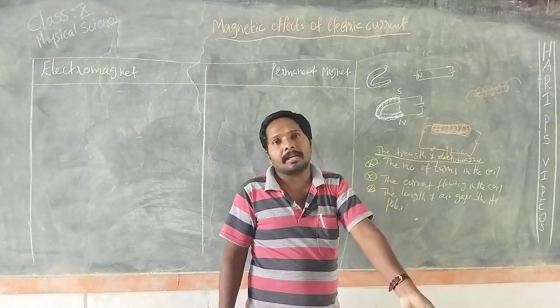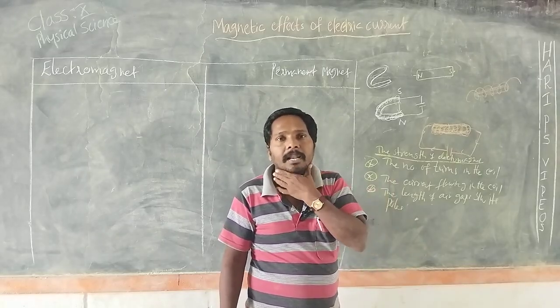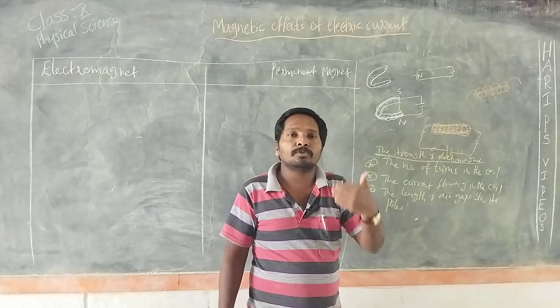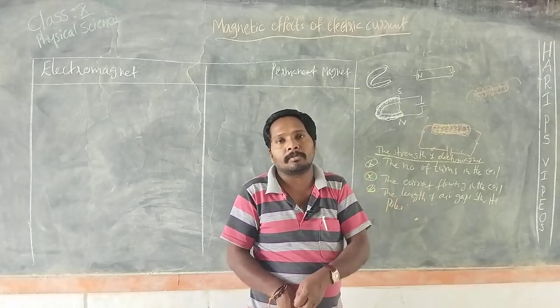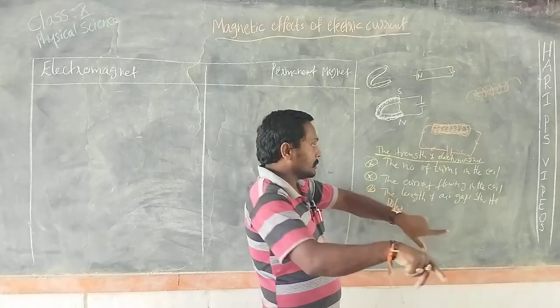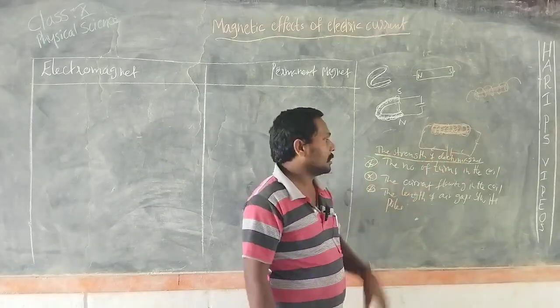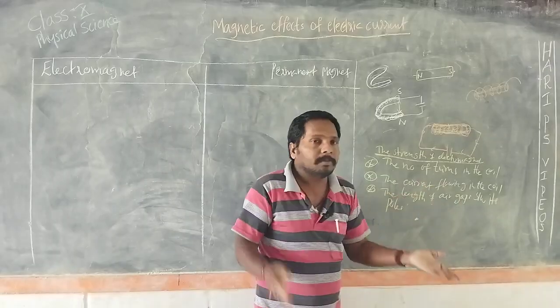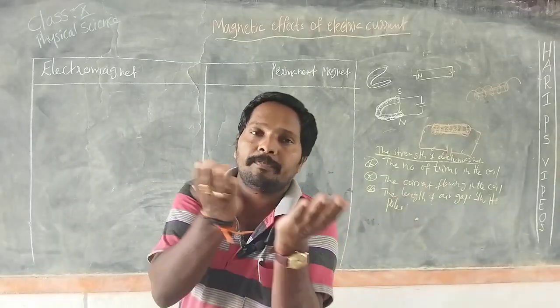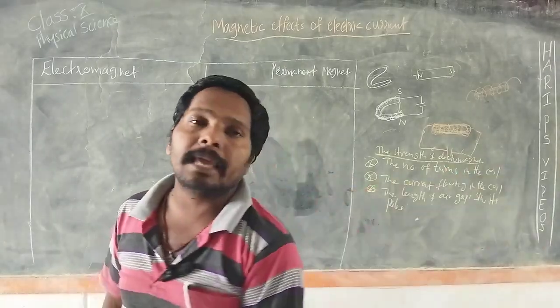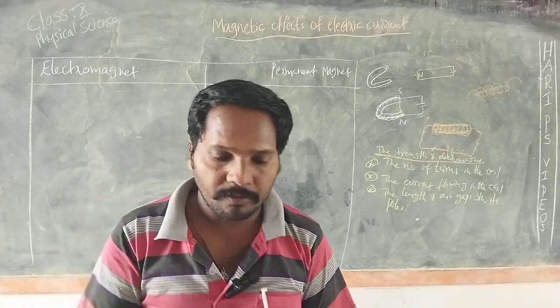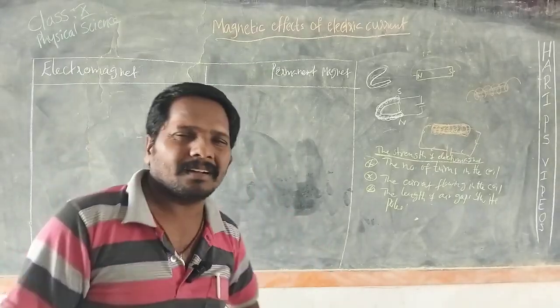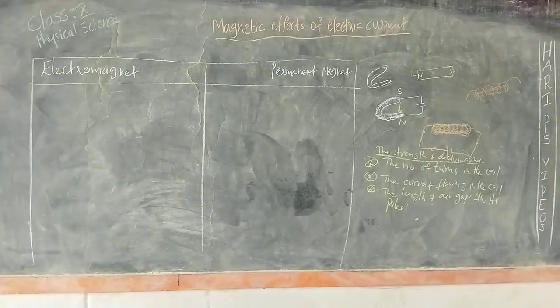But in an electromagnet, we can change the strength of the magnetic field by changing the number of turns in the coil, the current flowing in the coil, and the length of air gaps between the poles. Finally, this is a little topic only, easy to understand, so I did not explain much about